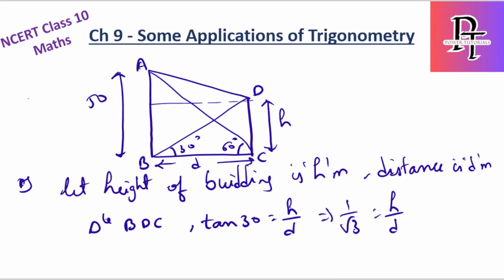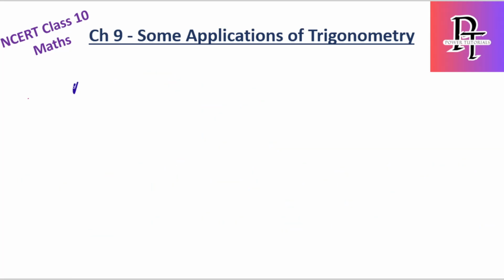Some glitch has happened, so let's continue here. So 1 by root 3, I'm saying it is h by d, so implies d, the distance between them, becomes h root 3 meters. Okay, so let's take the big triangle, which is ABC. If you consider triangle ABC,